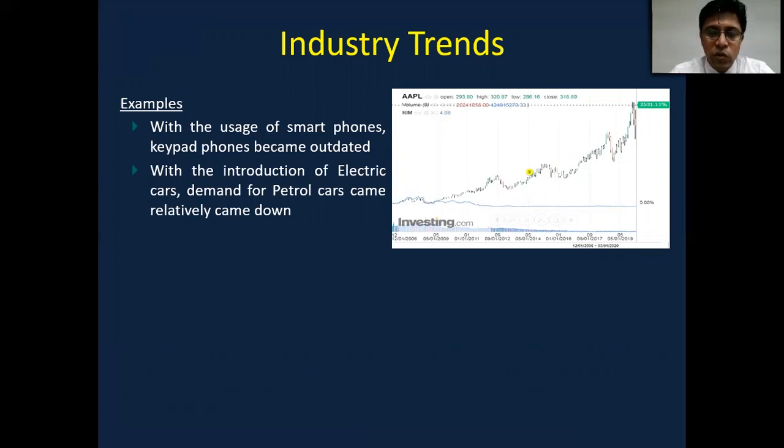Look how the stock price of Apple has grown while the growth of the company that owned BlackBerry has stagnated. The same thing happens with the arrival of the electric car. The demand for petrol cars will be relatively less compared to what it could have been. Now most people's dream car has become the Tesla.